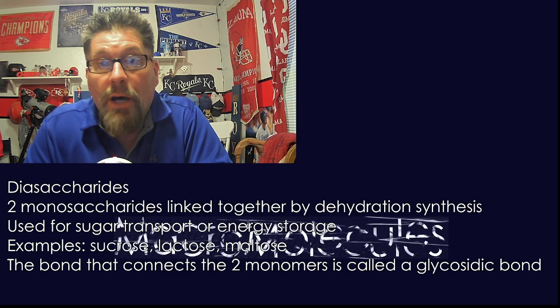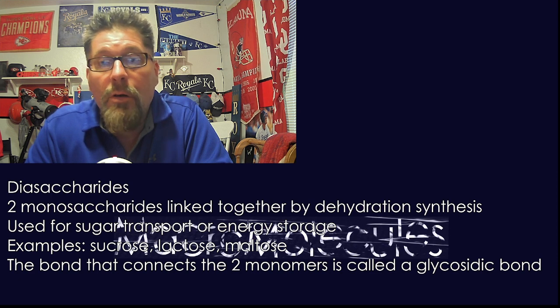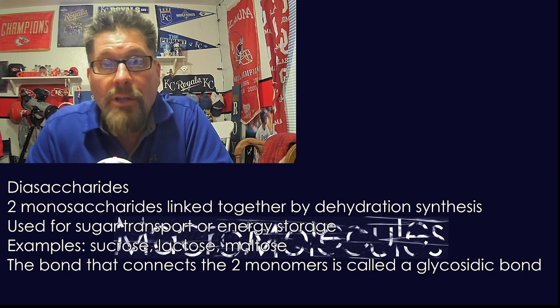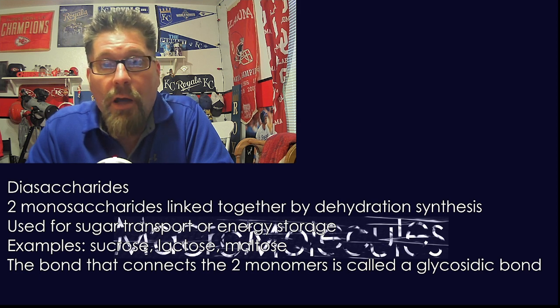Now, when we're talking disaccharides, again, we're talking about dehydration synthesis. We've taken two monomers. Okay, di meaning two. We've taken two monomers, two monosaccharides, and bonded them together using the OH attachment points. Okay, in this case, oxygen would be that bonding element, but we use dehydration synthesis. In other words, the two monosaccharides came together, a water molecule left, and that water molecule